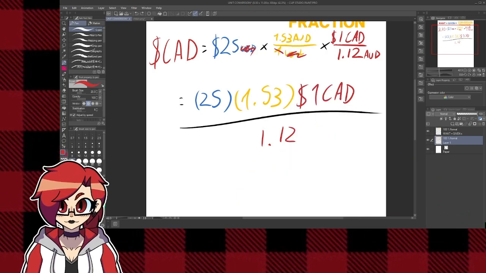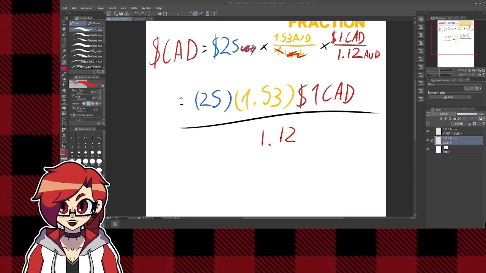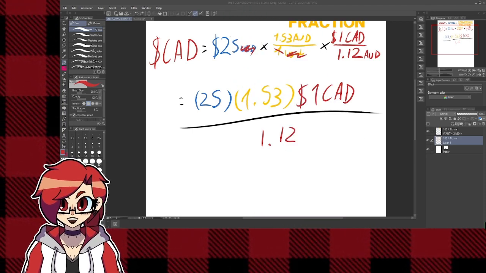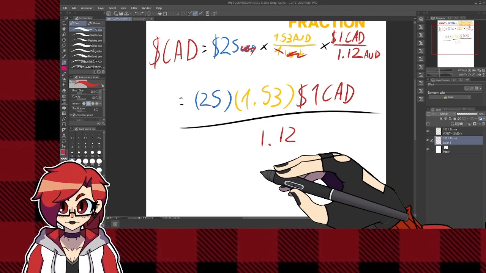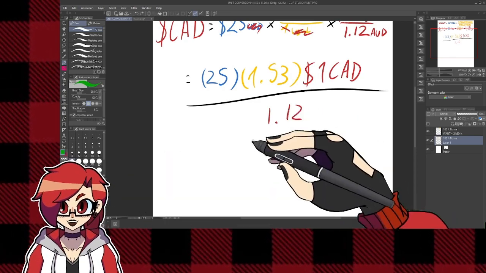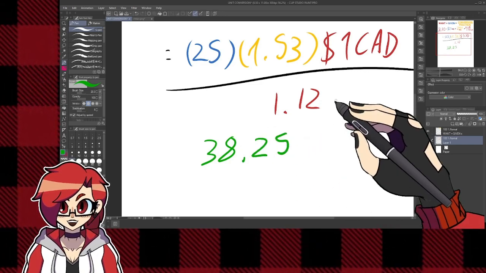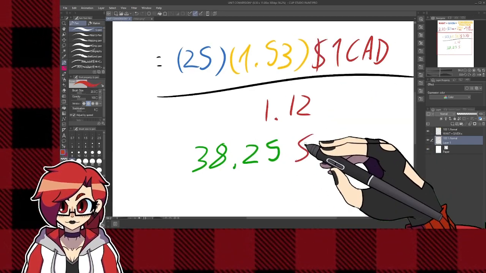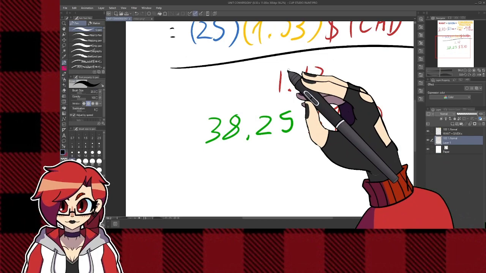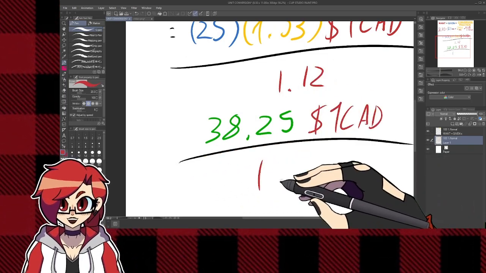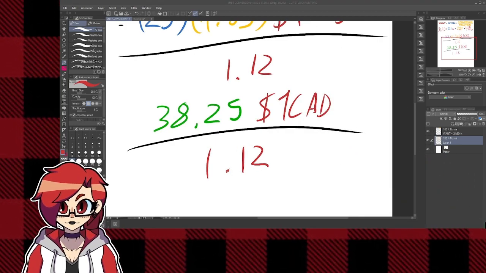Now, after equating that, once we multiply 25 by 1.53, we get the funky little number known as 38.25, all of that over 1.12, which when divided leaves us with